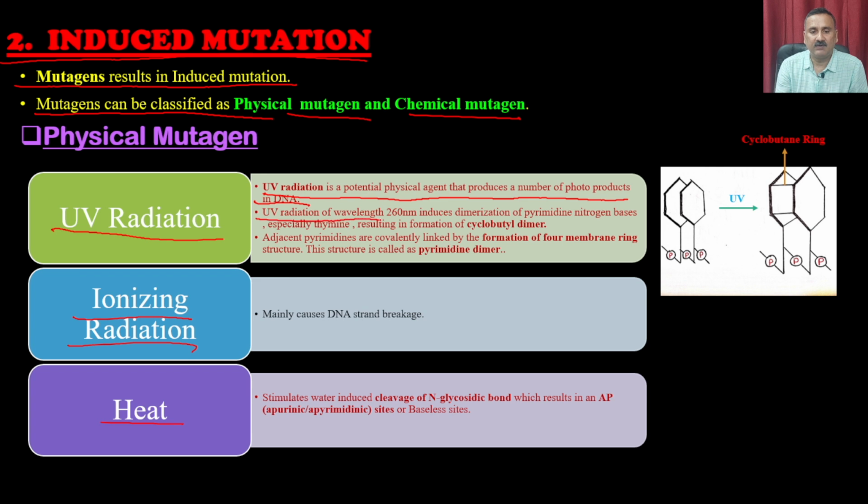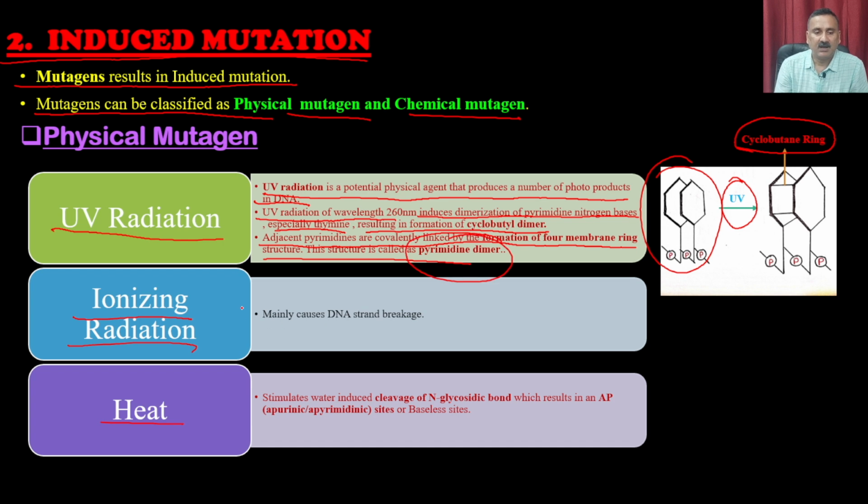UV radiation of wavelength 260 nanometers induces dimerization of the pyrimidine nucleotide bases, especially thymine, resulting in the formation of cyclobutane dimers. So, this is what exactly happens: when two nucleotides are exposed to UV, they dimerize and form cyclobutane rings. Adjacent pyrimidines are covalently linked to form a 4-membered ring structure, and this structure is called the pyrimidine